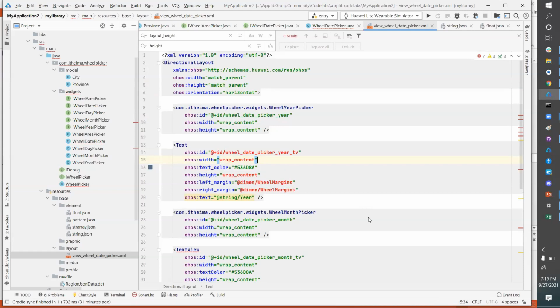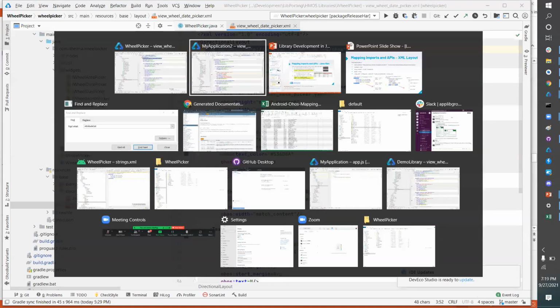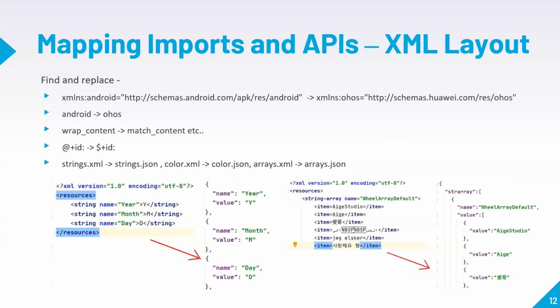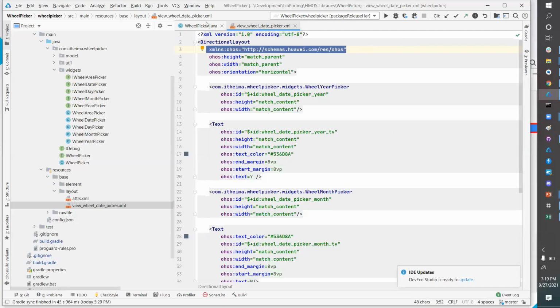So now we have seen what all we have to do. This way we will be making all the changes, resolving all the errors from the Java file, from the XMLs, from the layouts, and from all the assets. And once we are done and our code is compiled well, then we can go ahead. So let's say this is my project, and we have resolved all the errors.